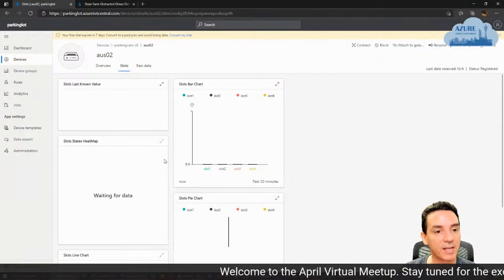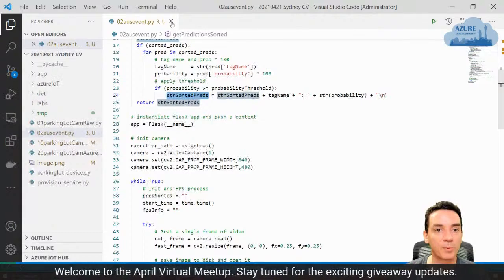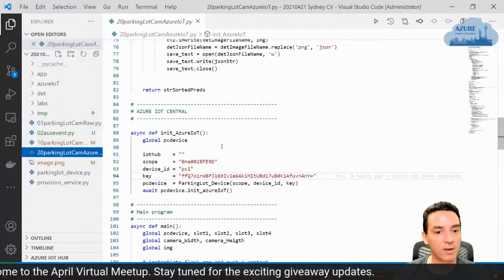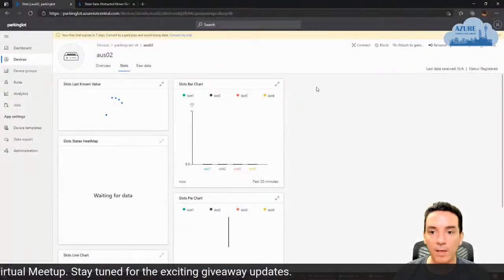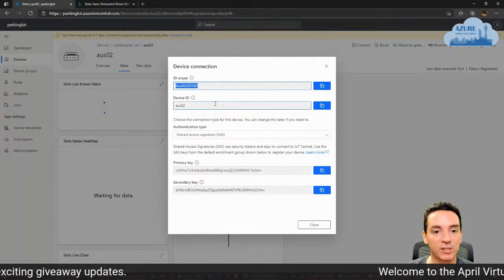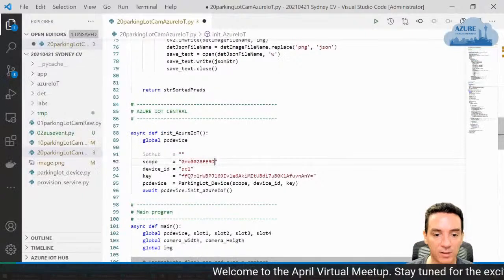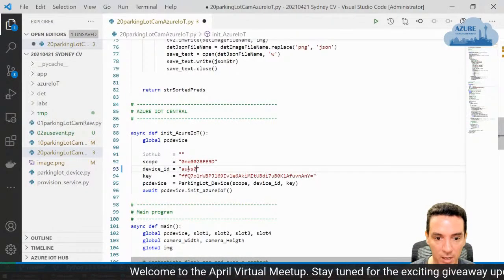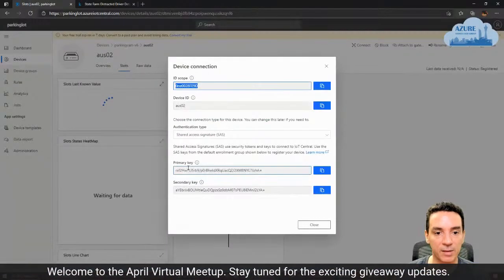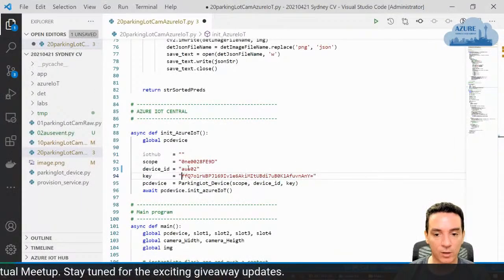I don't have any info here, but I created another demo which basically does the same thing that we already did, but will trigger information here. So I have the scope. I have the device ID, which is named house2, sorry for the typo. And then I have my key. Let me copy my key.